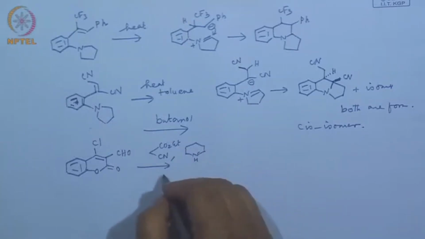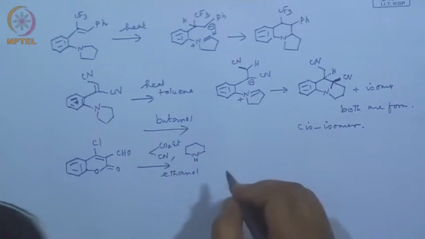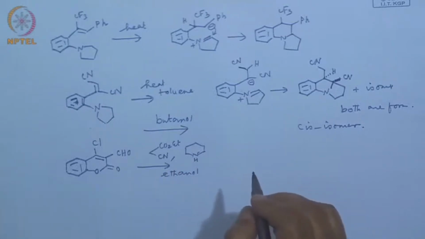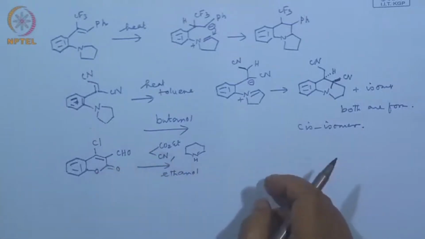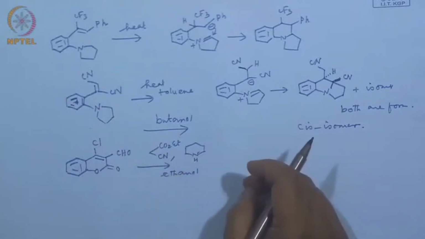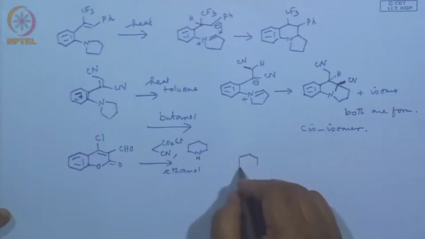All of us know it is a base, in ethanol. So what is the reaction? What should be the reaction? Lactone can open up, right? What else? It can undergo Knoevenagel reactions, right? All kinds of possibilities are there, but at this stage your thinking should be a little matured, in the sense that all these reactions are reversible. So, you have to have a product which will not be reversibly going back to the starting material. So, the product is not the Knoevenagel reaction, the product is